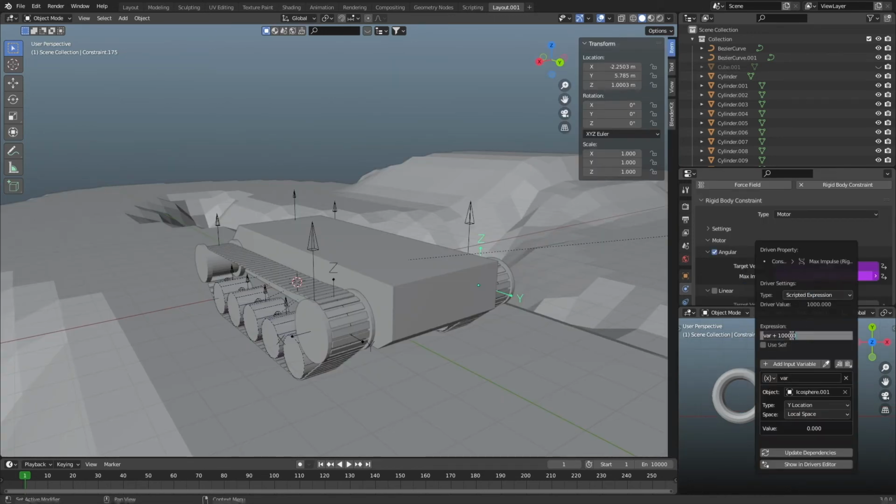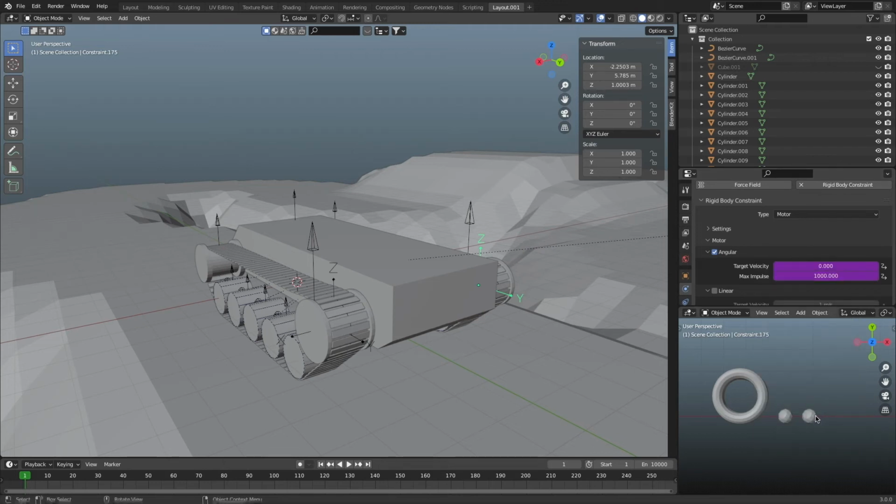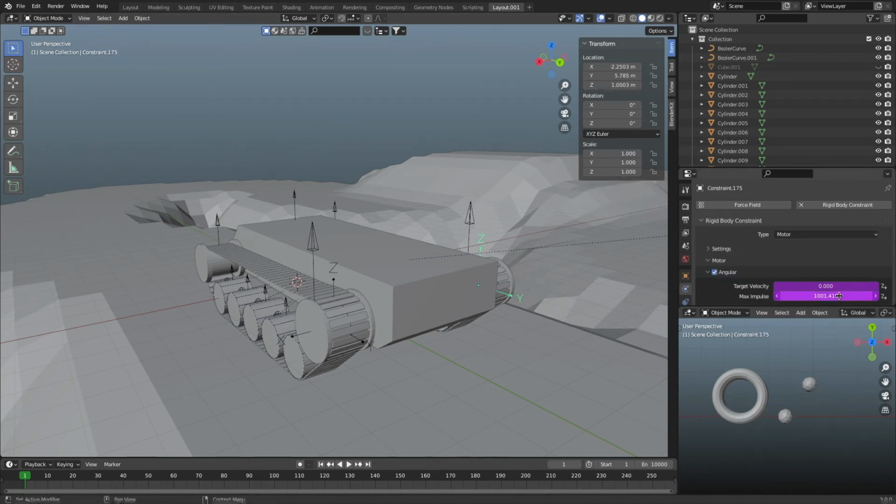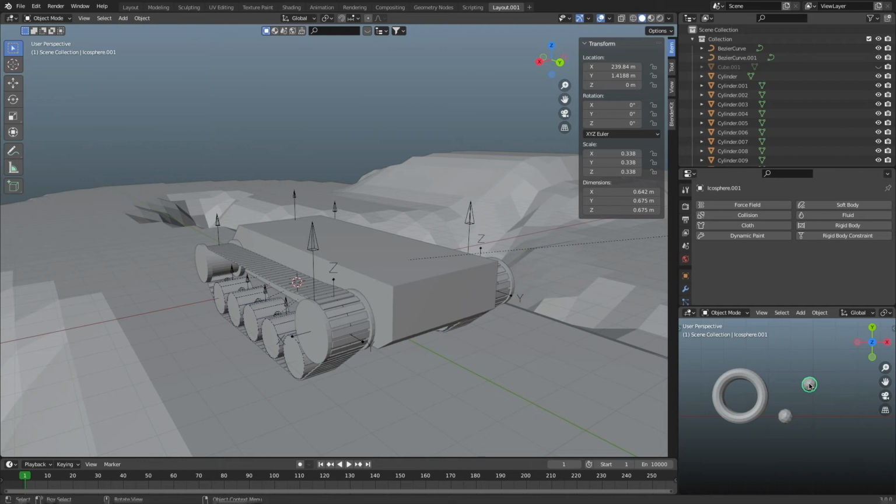So the plus 1000 doesn't really work because there's not enough sensitivity. The way you can fix that is by adding a multiplier at the side of it. As you can see, if I move our little icosphere forward, there's very little difference, exactly 1.429, which is really not that much. That's not going to affect us at all. And not just that, it's really annoying to keep resetting it like I am right now.